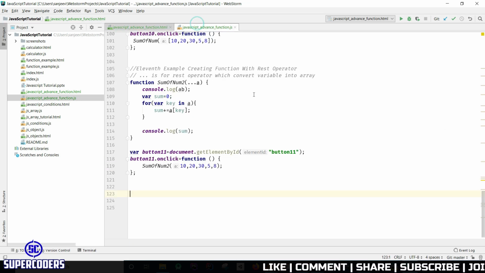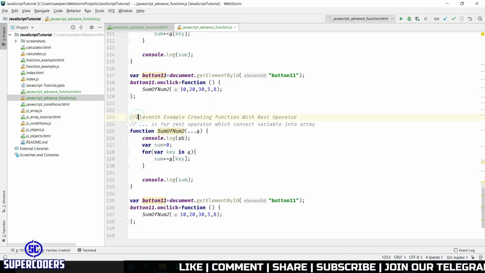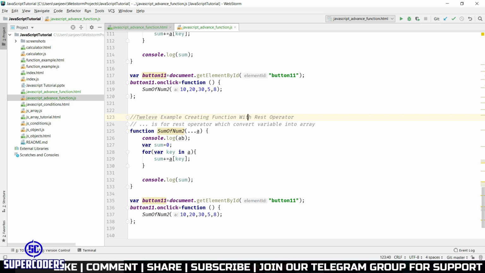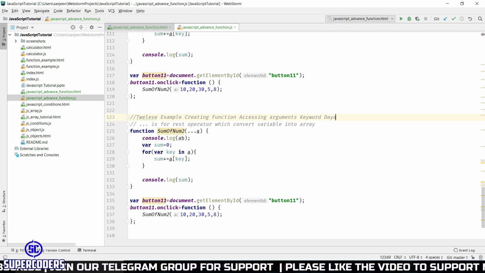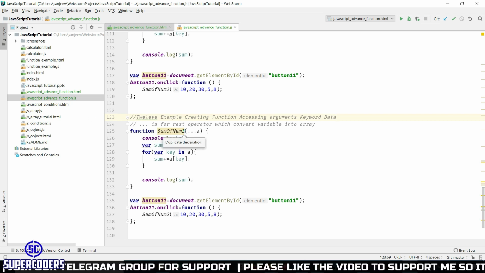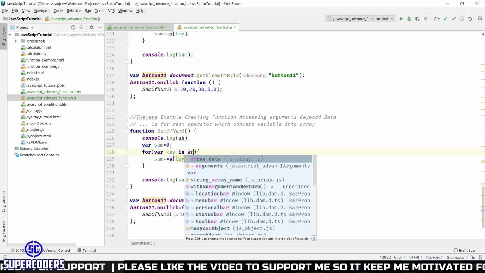Now let's see, copy this, so change this to 12th example of creating function, accessing arguments keyword data. So change this to sum of 3 and remove this. In place of here, you can access arguments.